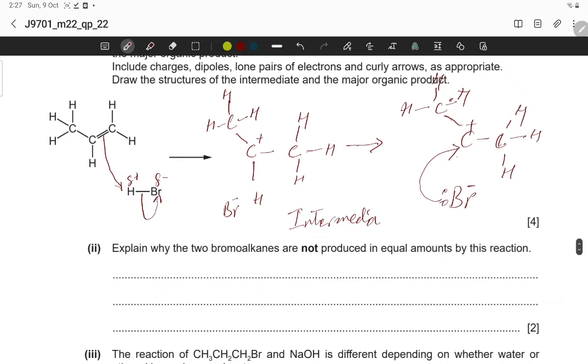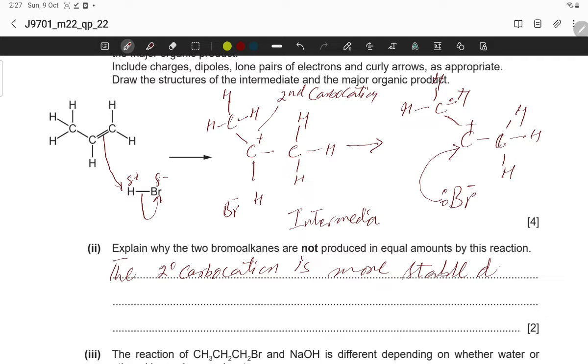This is a secondary carbocation. So the secondary carbocation is more stable due to the more positive inductive effect. Electron